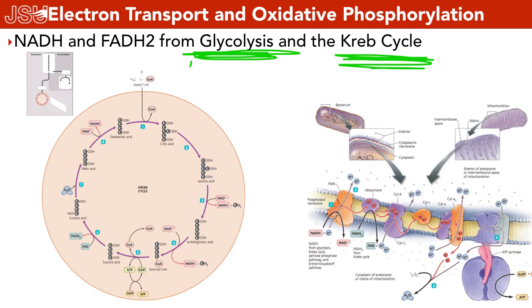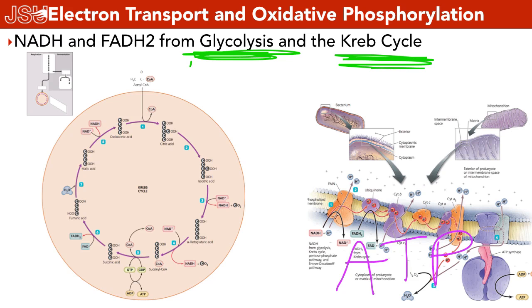The same thing happens here. We want to get something from point A to point B. We just can't let it get on the ground and hope that it finds its own way there. We've got to put it in a container and carry it to the source where we can use it. That's what NADH and FADH2 do. We take it from one area and we carry it to the electron transport chain in the mitochondria so we can use it to make what? What is it going to ultimately make here? ATP. Exactly. An energy currency of the cell that we can use.